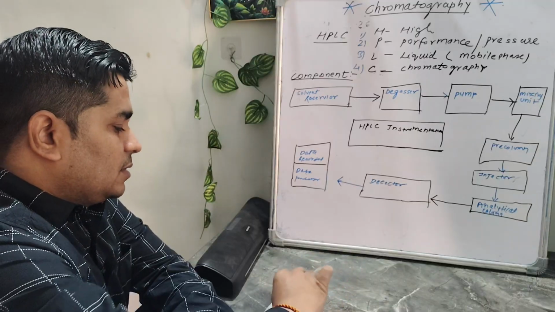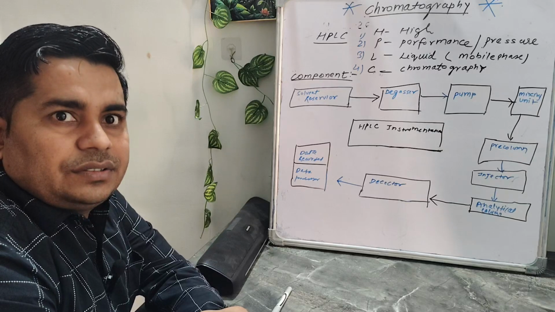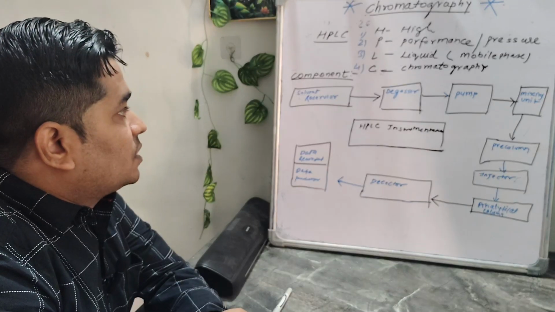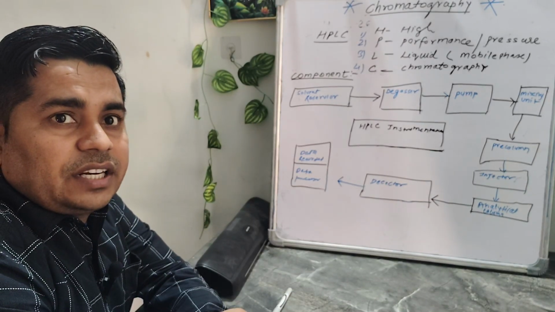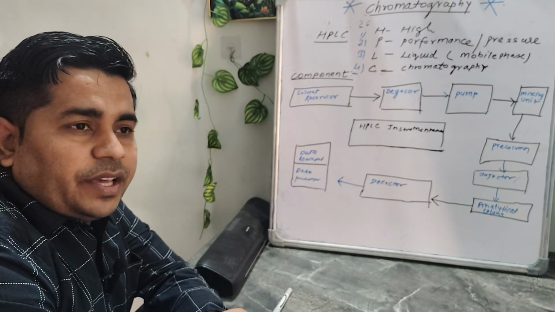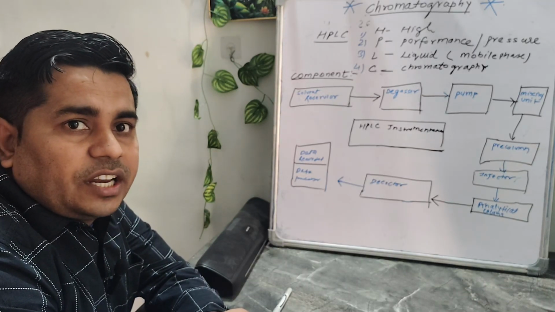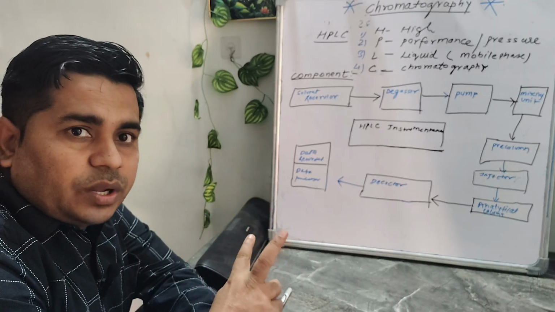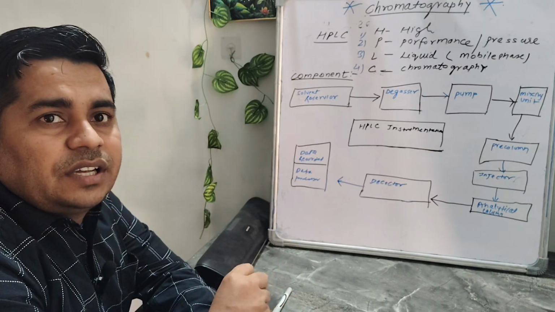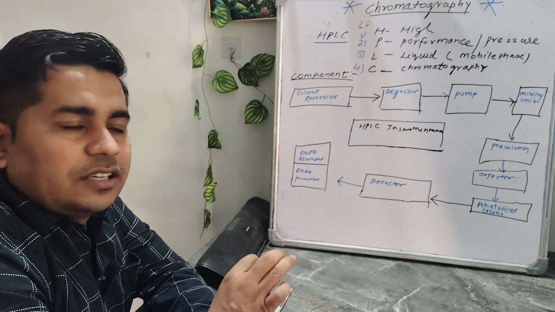Solvent reservoir means mobile phase. It is very essential and is the carrier for the analyte to achieve the separation in the chromatographic system. Solvent systems are mainly of three types: one is isocratic, second is binary, and third is quaternary. Suppose we run our system with only a single line, that comes under isocratic. Binary means two grades of solvents in two different lines, and quaternary means four grades of solvents run by mixing in the mixing unit in our chromatographic system.